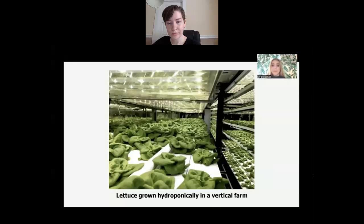Tomatoes and lettuces are cost-effective to grow hydroponically because the nutrients they need are easy to provide via nutrient blends for water. They grow quickly and can be grown in vertical farms. And they tend to taste better when they're grown hydroponically since they can be delivered locally instead of flown in from another country. A plant like wheat is extremely difficult to grow hydroponically, so it costs more to grow wheat in a hydroponic space than in a field, and consumers are not willing to pay for that extra cost for